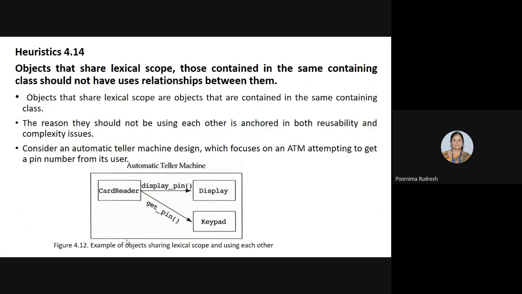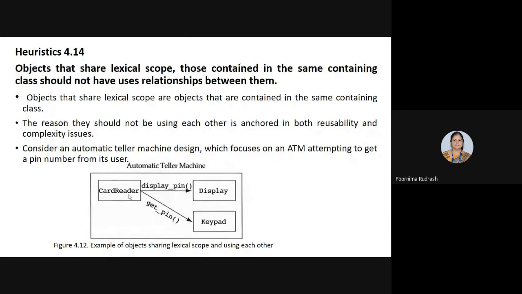Means by using the card, you can withdraw the money from the ATM machine, right? So when you insert the card into the ATM machine, what is the first operation taking place? Here there exists a card reader. What will it do? The card reader reads the information from the card, like the account holder name and the card number, etc. After reading that, what will it do? What is the next step after reading the card details?